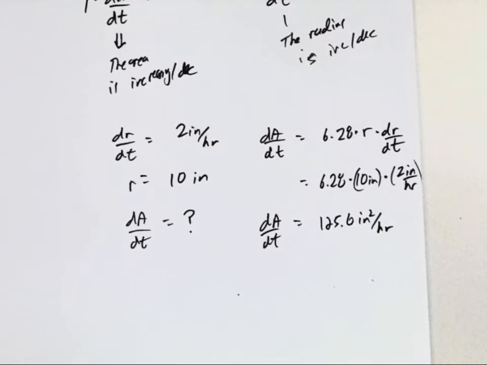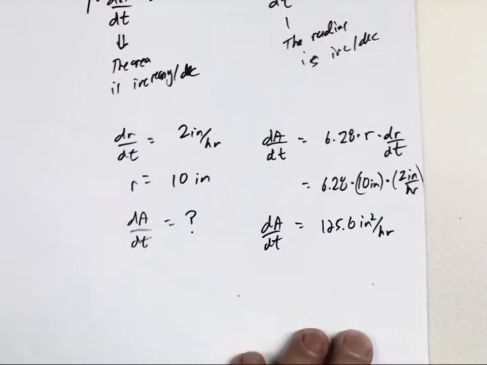All right. So if I had to summarize it quickly, you're given a formula. Things are going to be changing. You take the derivative of the formula equation with respect to time. And after you take the derivative, then you go in and see what they've told you, and they're going to give you all the information you need except for what you're trying to solve.